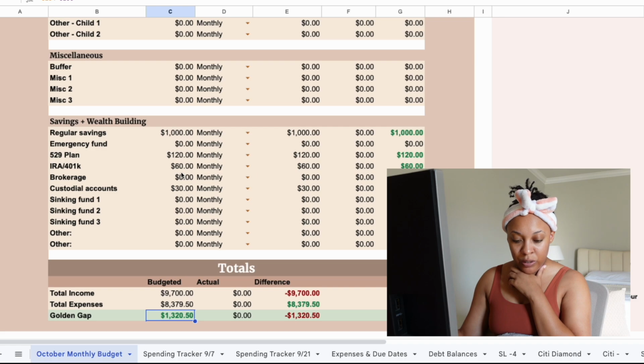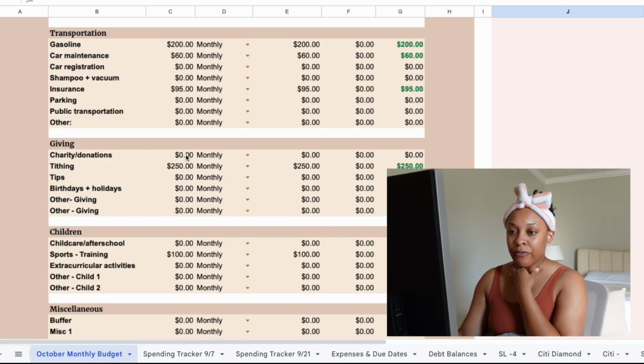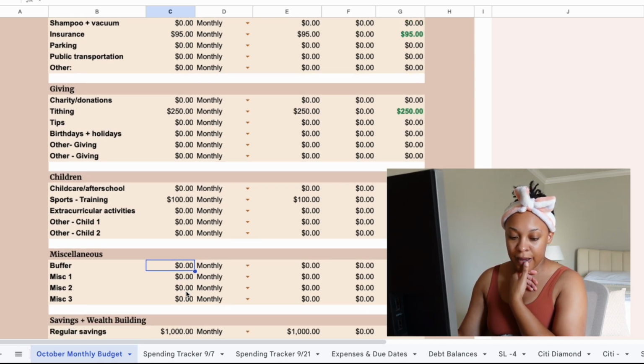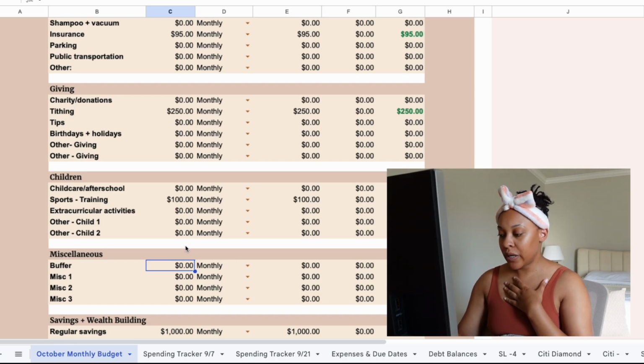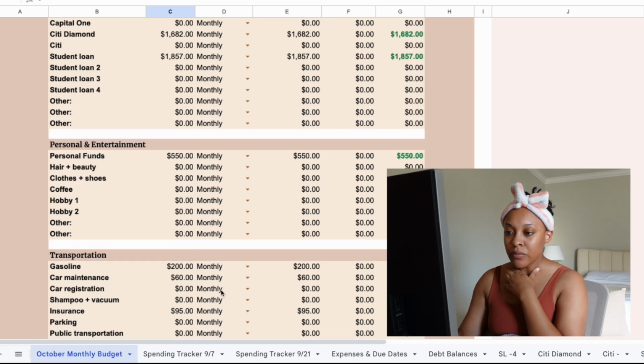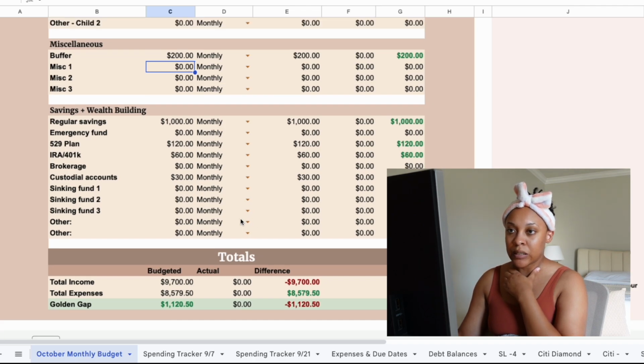Let's see, we still need our buffer, which gets about $50 now that I'm paying pest control. So about $50 a paycheck, so $100 a month I know is going into my buffer from my 9 to 5. And then I want to add, obviously I need an extra amount to kind of pad everything. So let's do an extra $100, putting it at $200 right now. That puts us at $1,120, and I want to go back up to debts and see what else I can